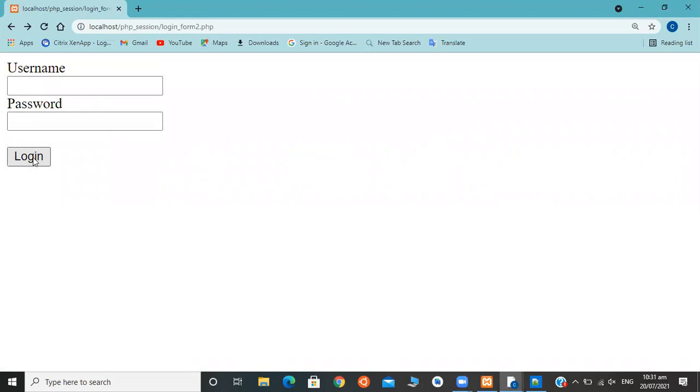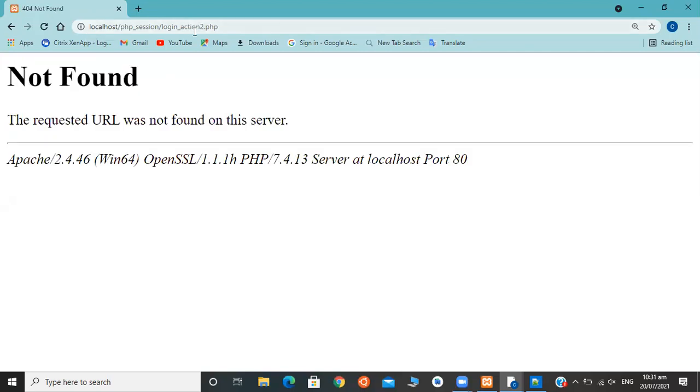Okay. Sorry for that mistake. Then after we click on login, it redirects to the login action 2.php, which we assigned in form action. Okay. So login action 2.php is not there in our folder. So it is showing the error not found. So we need to create that file.